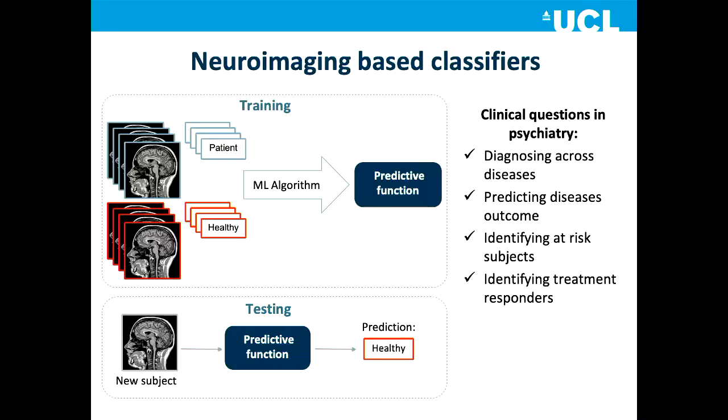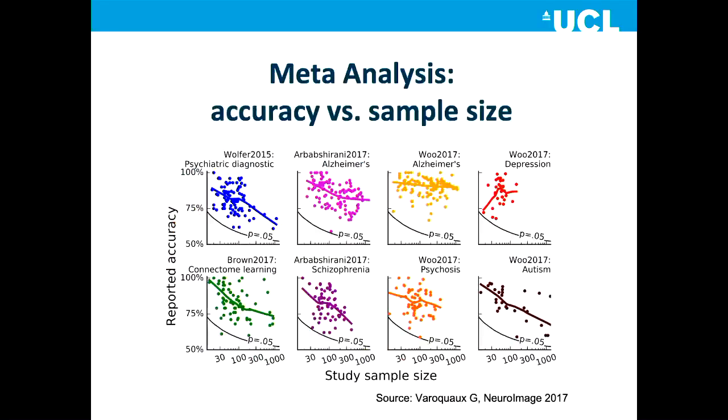I will show now a figure from a researcher called Gaël Varoquaux from Paris that illustrates this problem. So what people have seen, what this figure shows, is a meta-analysis putting together results from many different reviews. Here they are organized by disorders, most of them. Basically, each plot here represents a different review of machine learning applications to clinical neuroimage data. In one axis we see the sample size, and in the other axis, we see the accuracy.